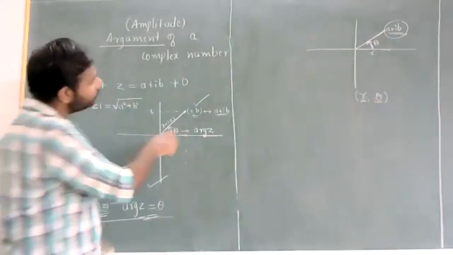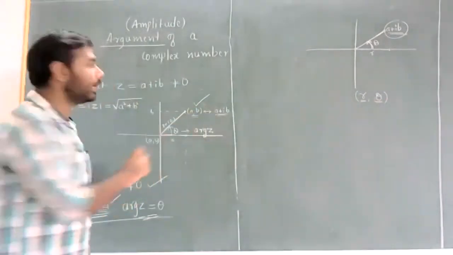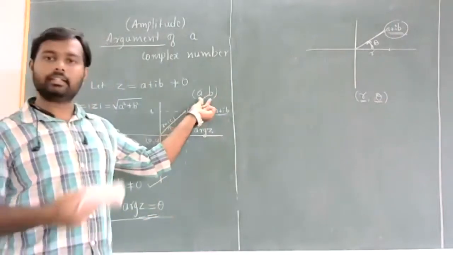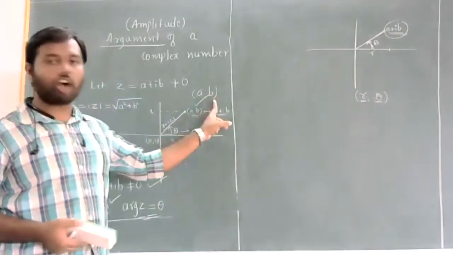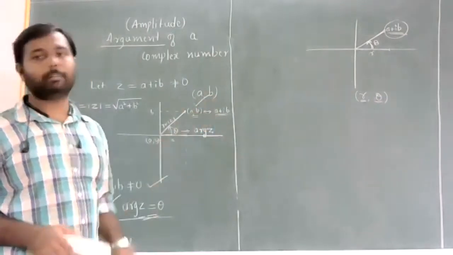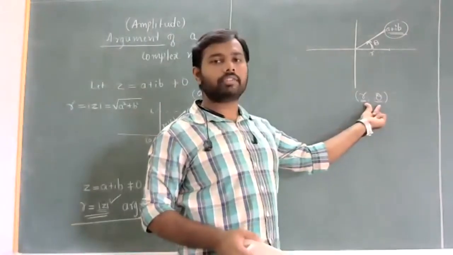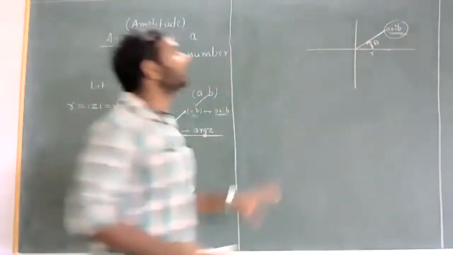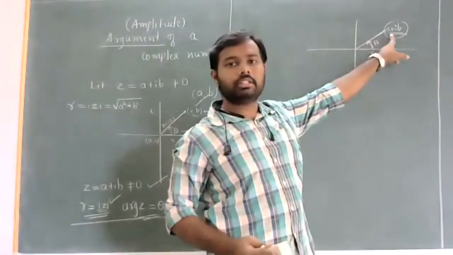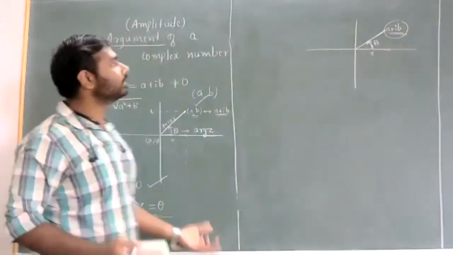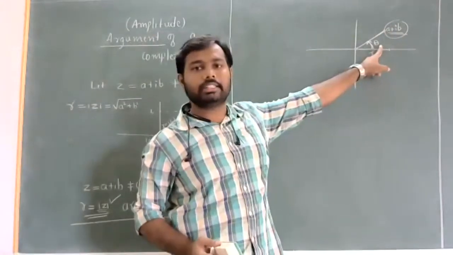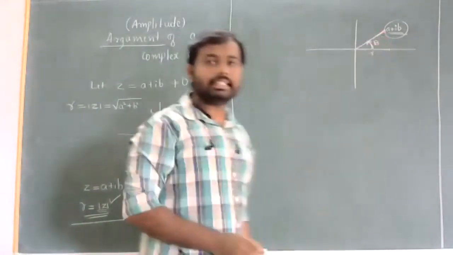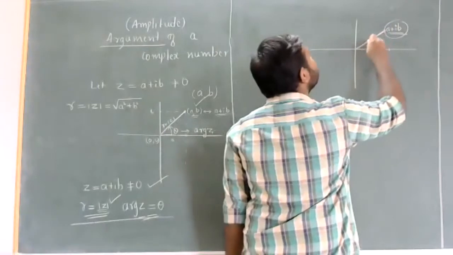So initially also, to represent complex number a plus ib, we were using an ordered pair of real numbers a and b. Now we need an ordered pair of real numbers r and theta. Now, to get this position, what is the rotation which I gave? It is theta. The rotation which I gave to this line is theta, where I got this position.